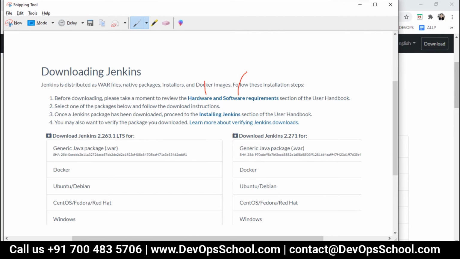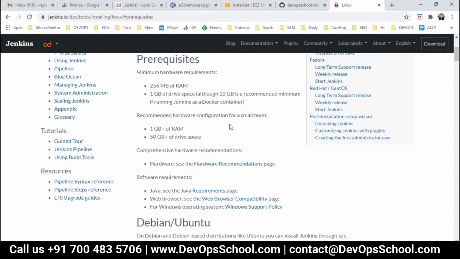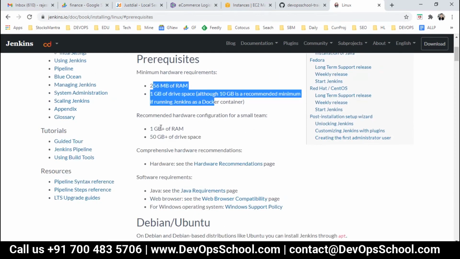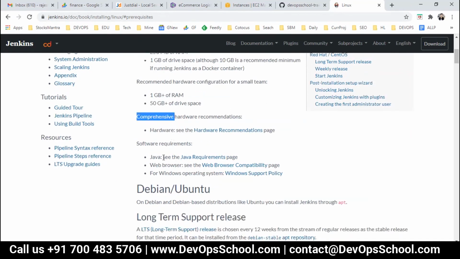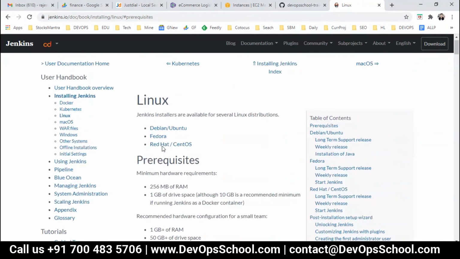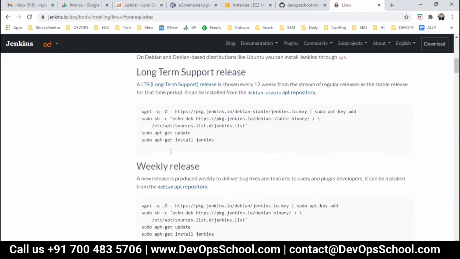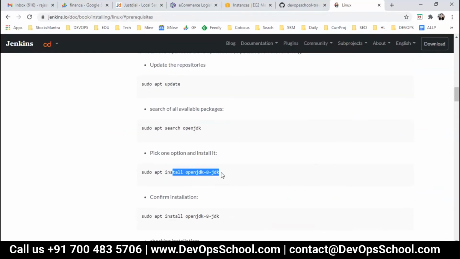We also know that the software requirement is Java, browser requirement and stuff like that. So this is the minimum requirement. This is the hardware requirement and this is the software requirement.